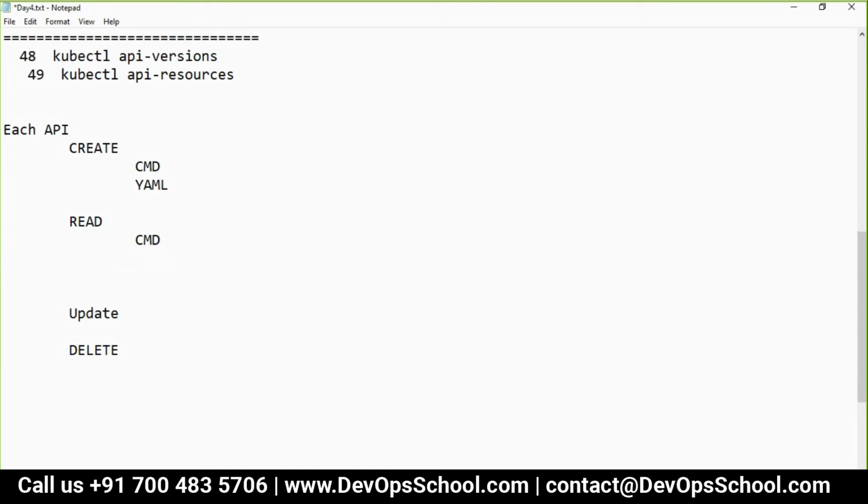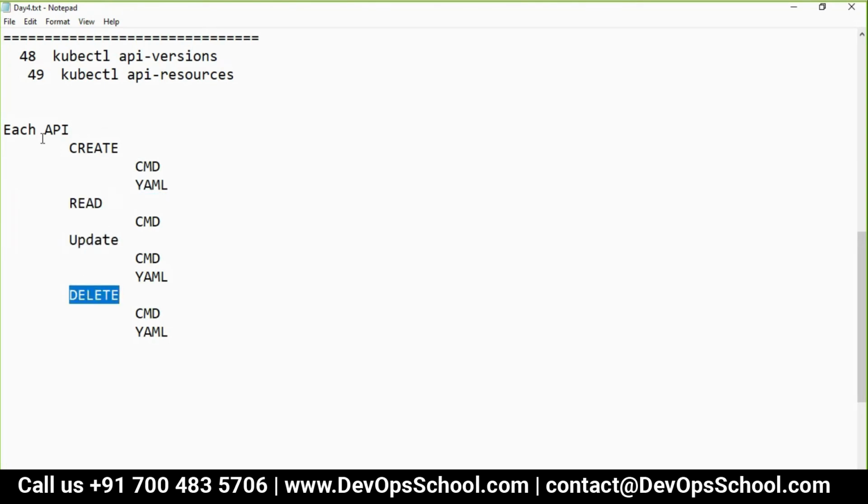Updating you can do through command line and YAML, and deleting also. When I say command, it means command; YAML means YAML. Same thing when you create, read, update, and delete.